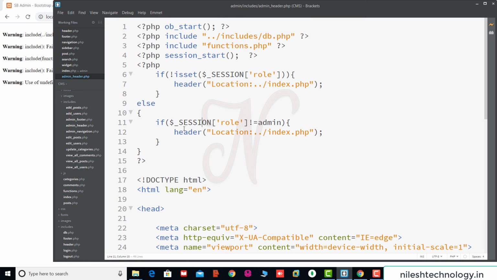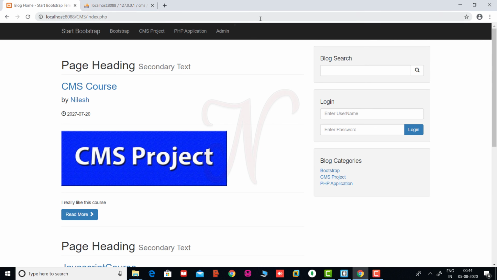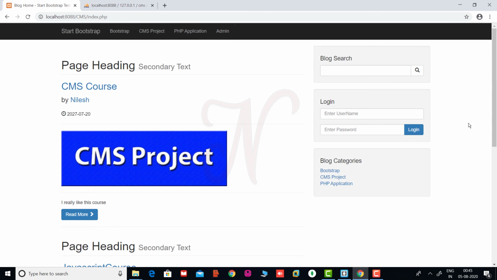So this one, session role is not equal to, sorry, here, is not equal to admin. Save these changes. Okay, fine. So again we test the index.php file. Again we refresh this code, Neil 1 2 3 4, login. Okay, fine, welcome to admin Neil. So if you click on this logout, here we complete the login and logout section successfully.